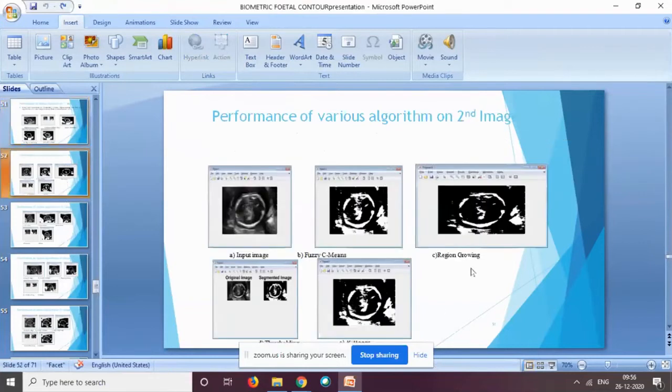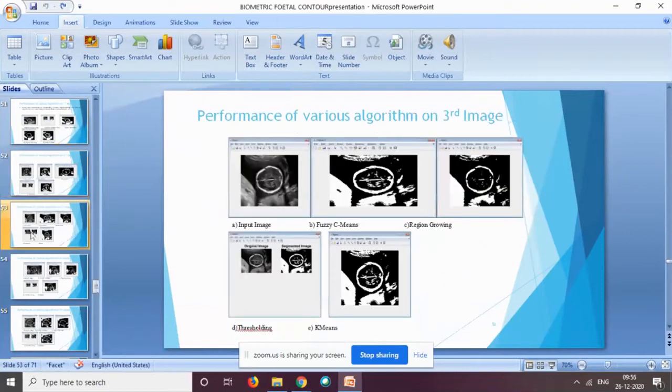This is the second image on which I have applied the similarity based segmentation, and it is not giving me the expected result. And this is my third image. Like that, I have performed the segmentation on about 100 images. Okay. And that is not satisfactory. The output of the similarity based approach for my case, for fetal extraction, is not appropriate. So I switched to the discontinuity approach.